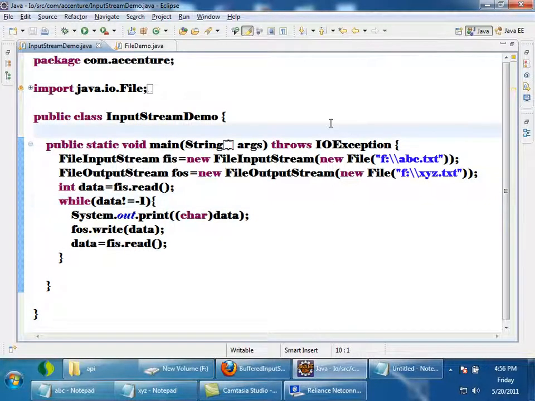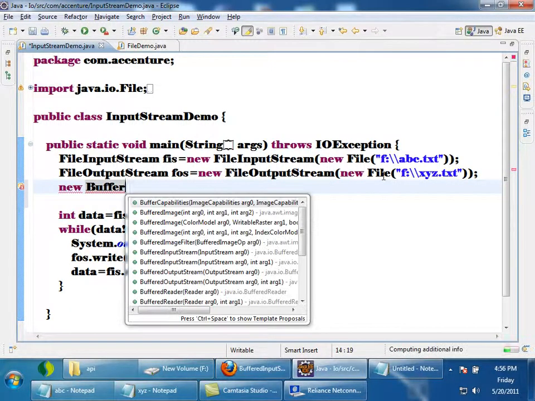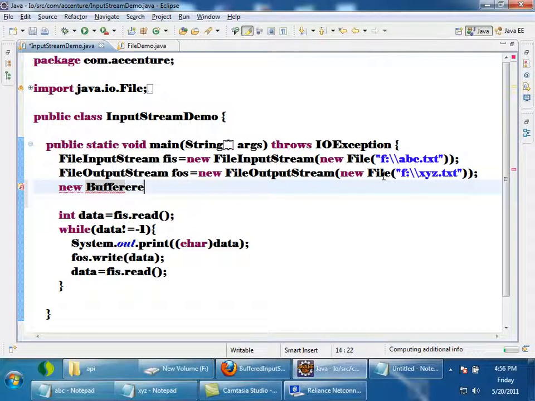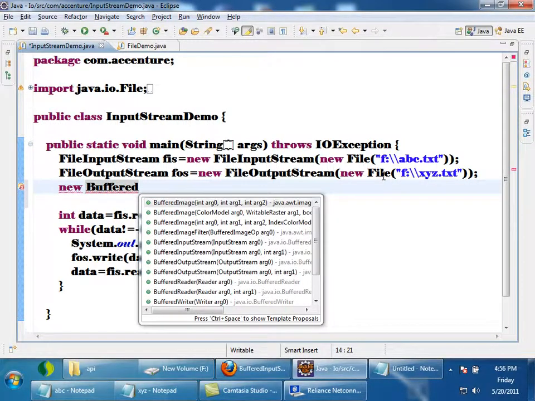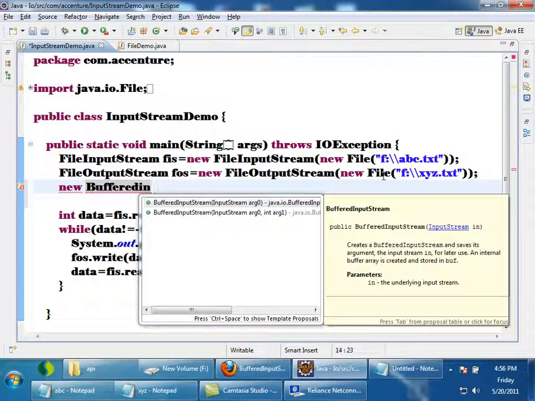I'll show you the example of how to use this BufferedInputStream. See, I will modify the same example. I am creating new BufferedInputStream. The BufferedInputStream constructor requires an InputStream object, the superclass of all input streams. Can I pass FileInputStream here? Yes.